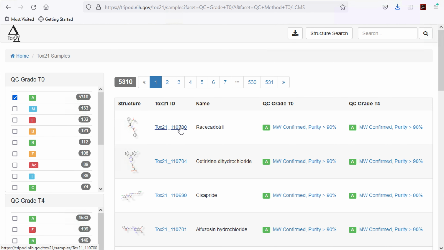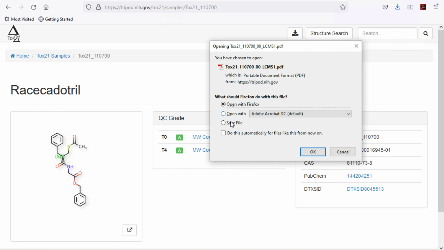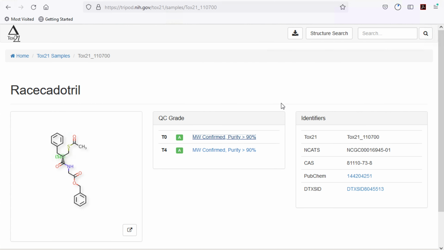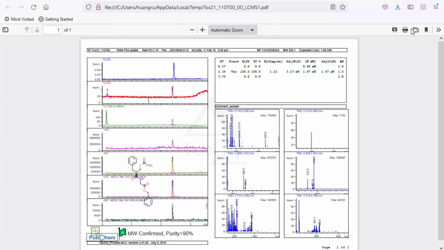So if you click on a compound, you can also see the QC grade and the actual spectra of the QC traces.